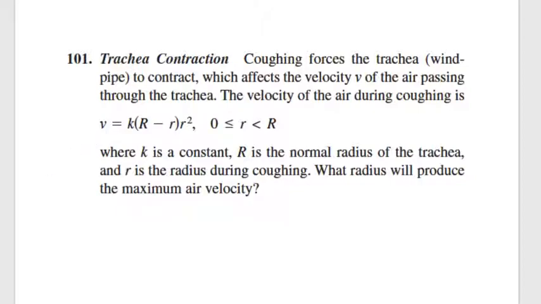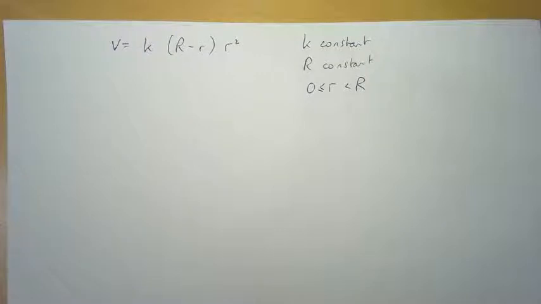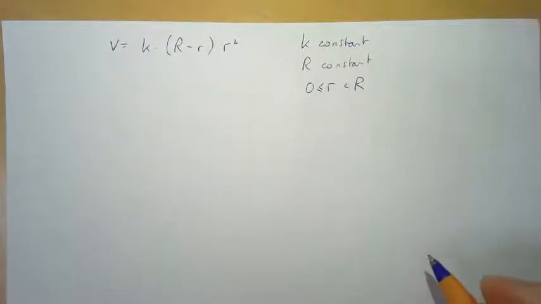So let's see how we can solve this exercise. We have an equation for the velocity, so when we look for the maximum, we want to find the candidates and then find which one satisfies the first derivative test for a maximum. So v equals k times (capital R minus small r) times r squared. When we take the derivative